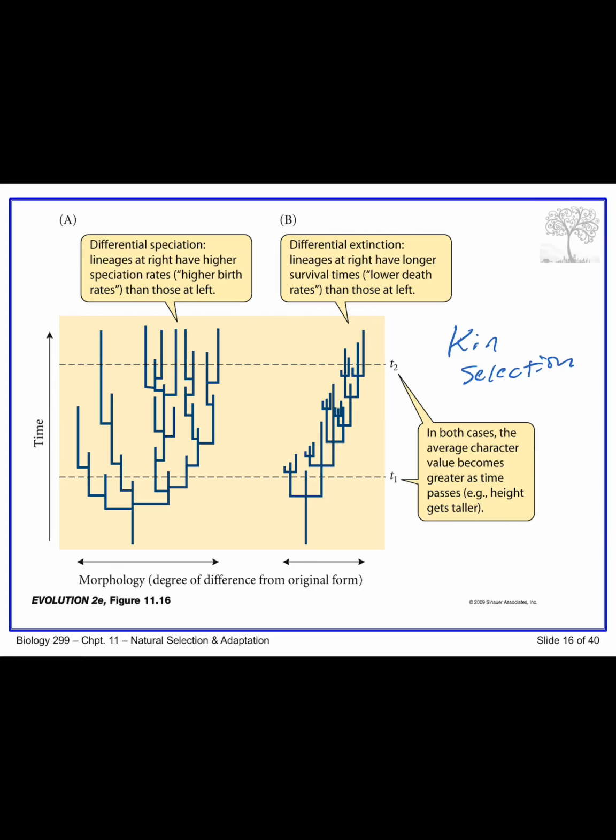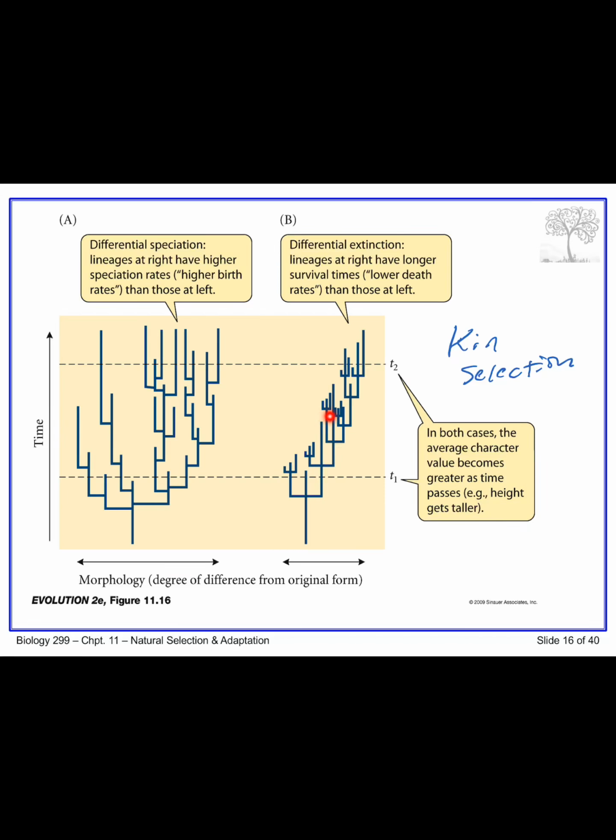So at some given time, say time 1, you look at the average value of some character, okay? Average value of some character, and maybe it falls out right about there on that x-axis. But then at a later time, because of the higher rate of speciation in the lineages here, the average value at this time shifted to the right. It's now further over here because you have more species that have that character, or extreme versions of it. So differential speciation, different rates of speciation in lineages, can result in a shift in the character over time.